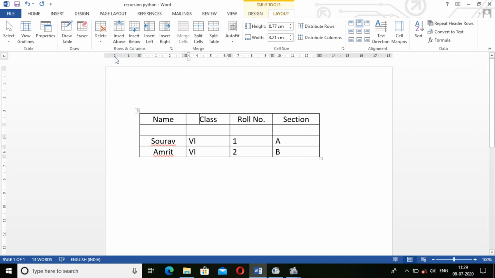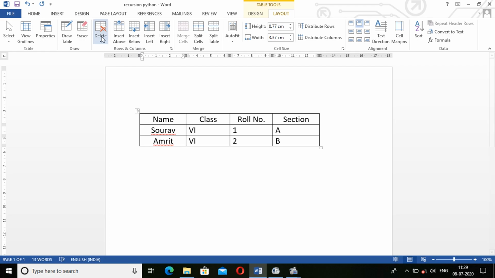See, the extra row that came, here it is deleted. So put the mouse pointer here and then delete row. See, the row has been deleted. So wherever your mouse pointer is, it will delete that particular row or column, whichever you want to delete. Again let me show you. See, my mouse pointer is here and I just click over here and delete row. See, the row is deleted.